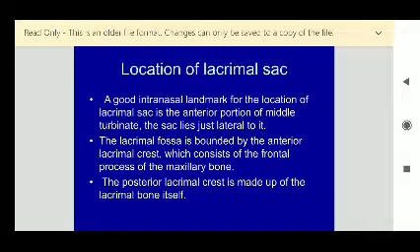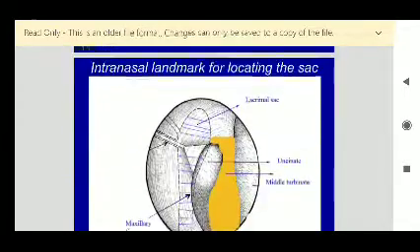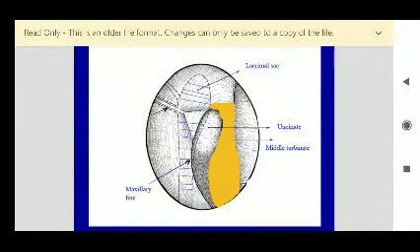Location of the lacrimal sac. A good intranasal landmark for the location of the lacrimal sac is the anterior portion of the middle turbinate. The sac lies just lateral to it. The lacrimal fossa is bounded by the anterior lacrimal crest, which consists of the frontal process of the maxillary bone. The posterior lacrimal crest is made up of the lacrimal bone itself. You can see the lacrimal sac